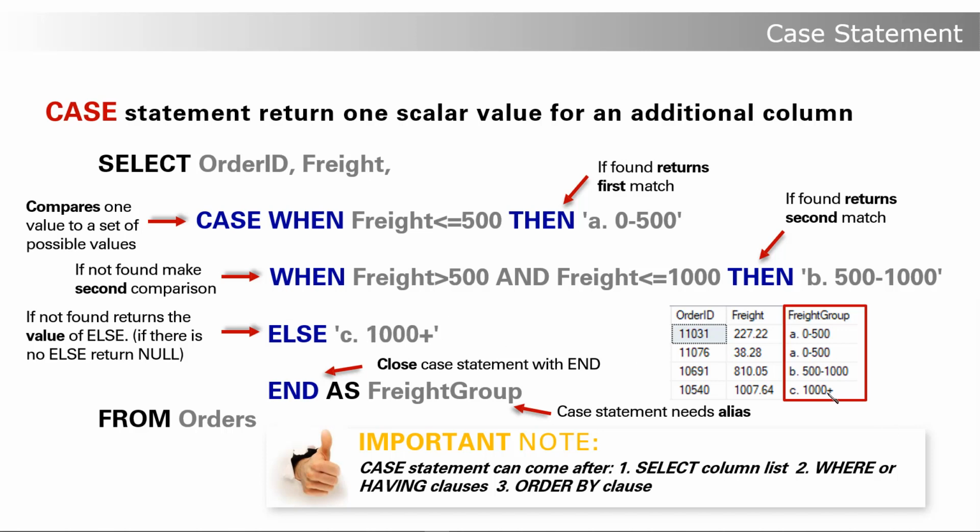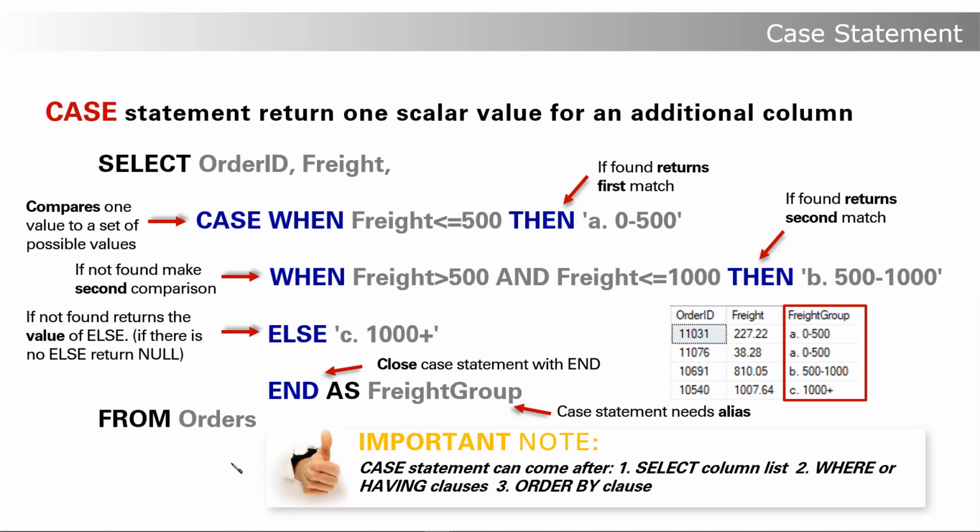It's 1000 plus. In the end, after we covered all conditions, we sum it up with end. We close the case statement with end, and we must give it an alias. So end, we closed it as, and we give a name to the group, freight group,